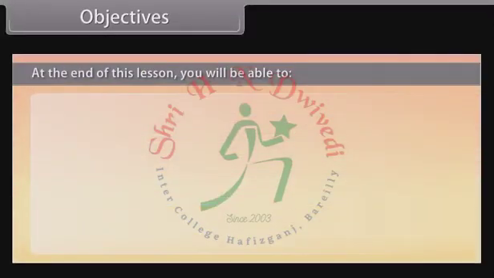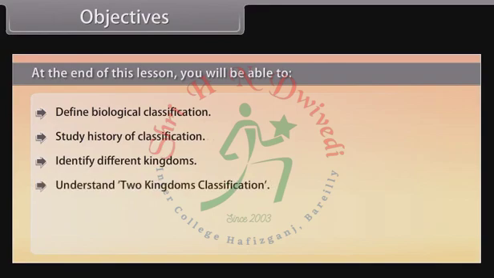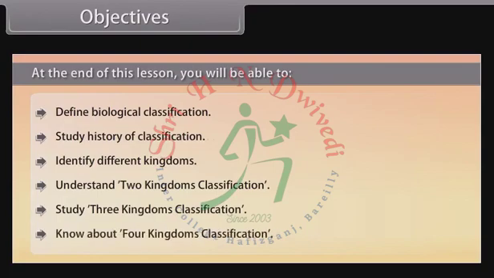Objectives. At the end of this lesson, you'll be able to define biological classification, study history of classification, identify different kingdoms, understand two kingdoms classification, study three kingdoms classification, know about four kingdoms classification,